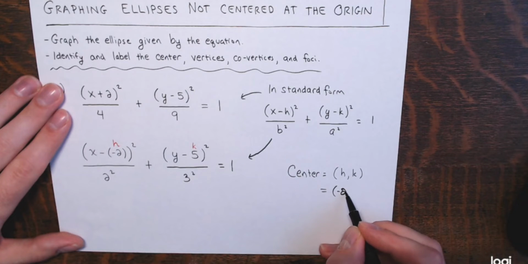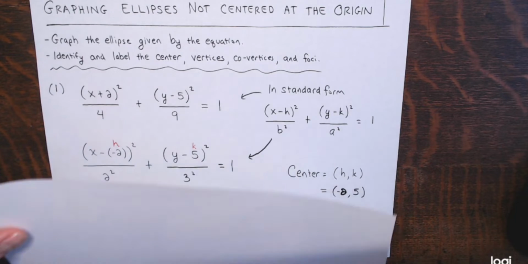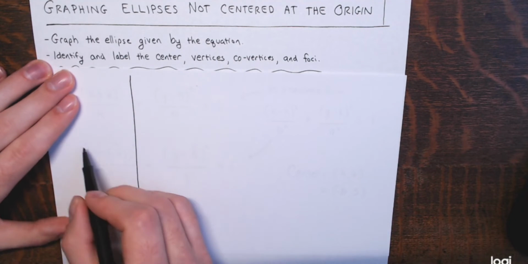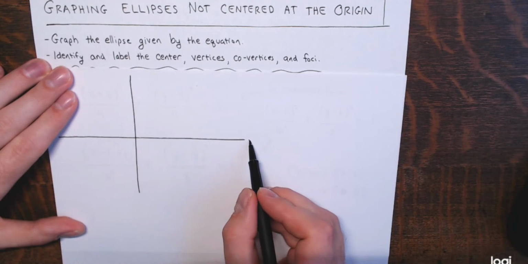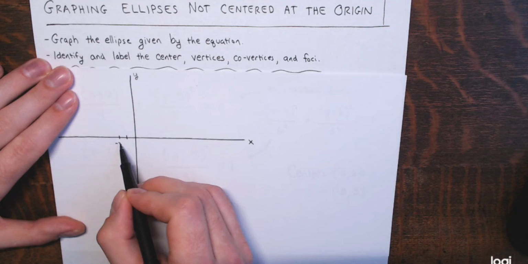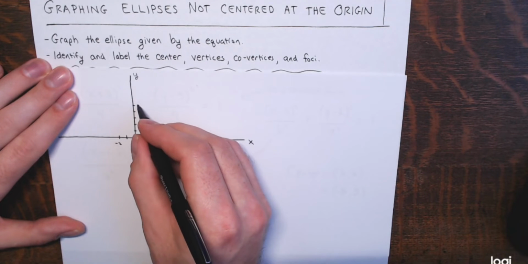Negative 2 for the x coordinate, positive 5 for the y coordinate. And I'll go to a separate piece of paper and start plotting this stuff. Alright, so there's the xy axis. So negative 2 for the x coordinate, positive 5 for the y coordinate, and then I'll put a little dot